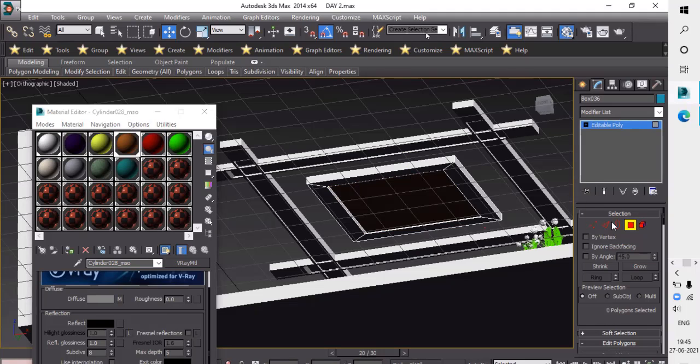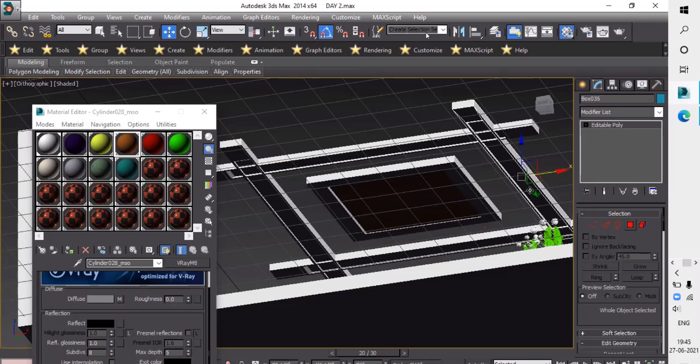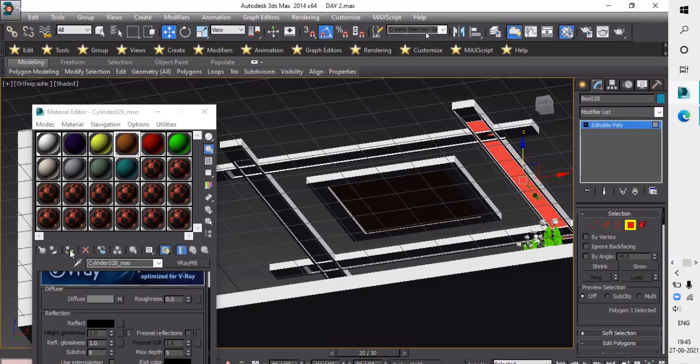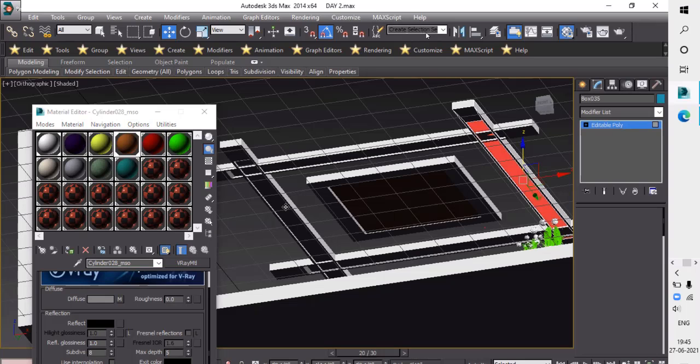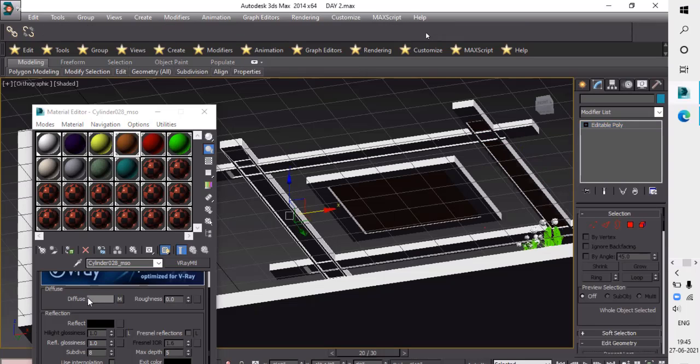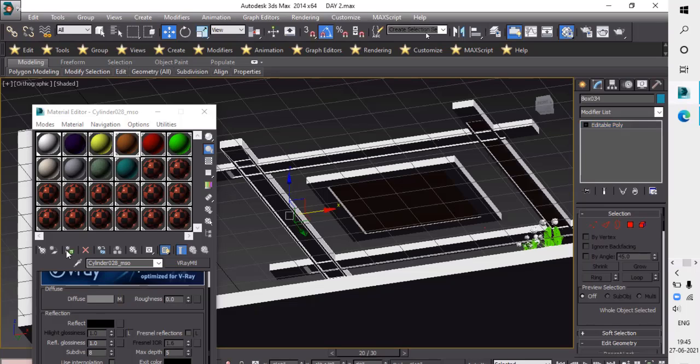And like this polygon, I do it for every object. Yes, done this one also. Now select polygon, select this plane and apply material.